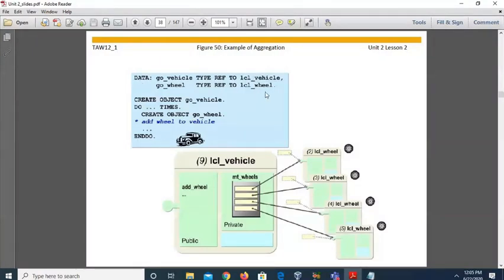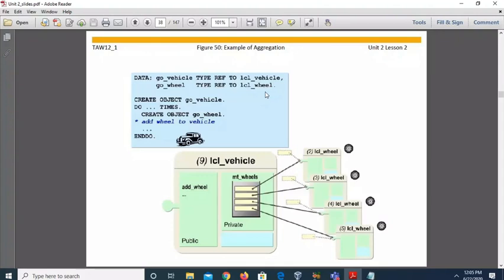And aggregation always tells, as in the example we studied, that the vehicle can have more than 4 vehicles, that means 4 vehicles. So here go_vehicle is a reference variable, and then we create the object.